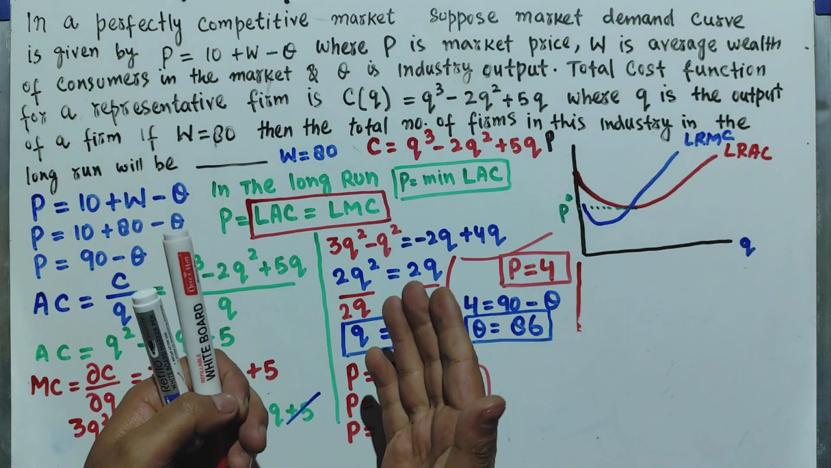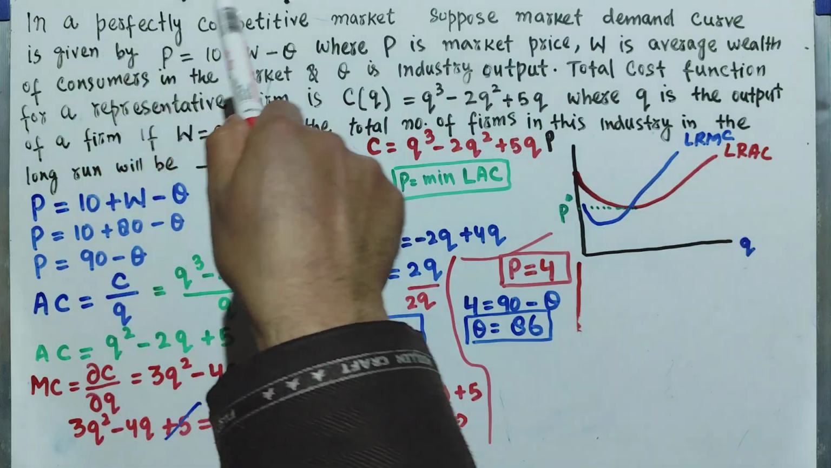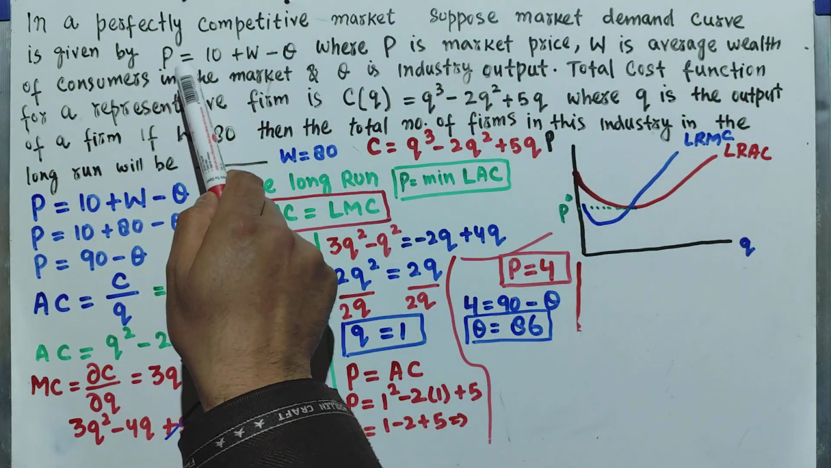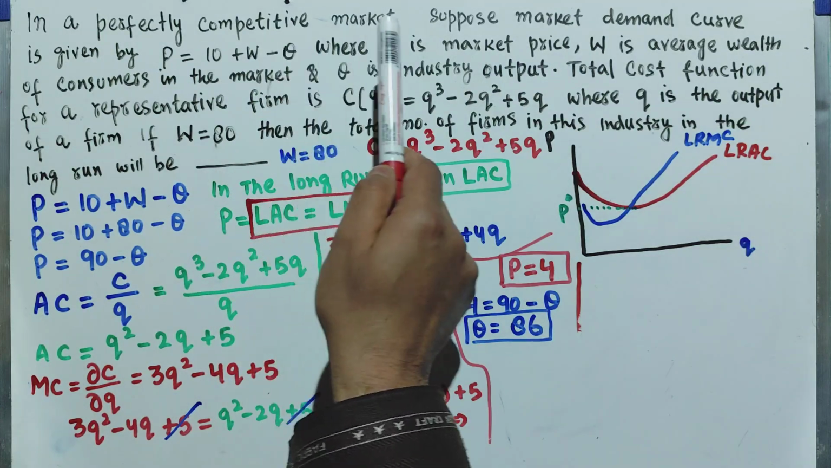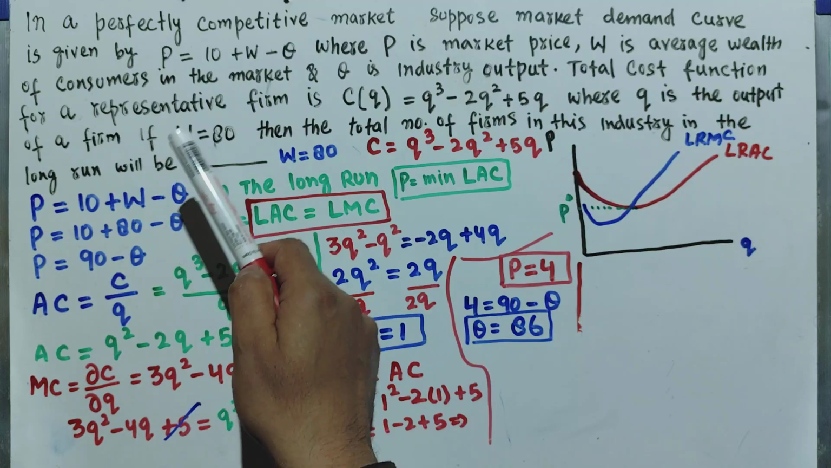How to find the number of firms in an industry in the long run? The question is, in a perfectly competitive market, suppose the market demand curve is given by P is equal to 10 plus W minus Q, where P is the market price, W denotes the average wealth of the consumers, and Q